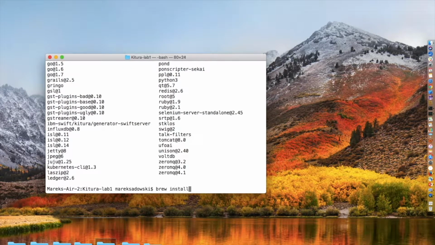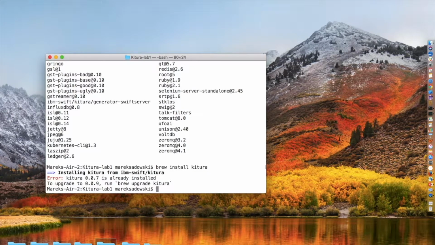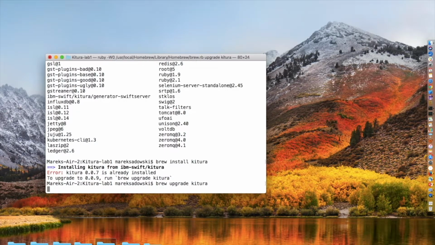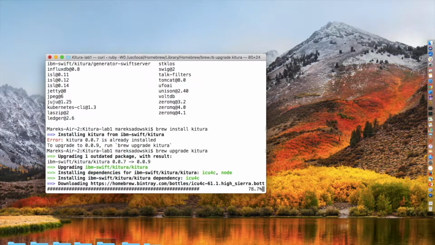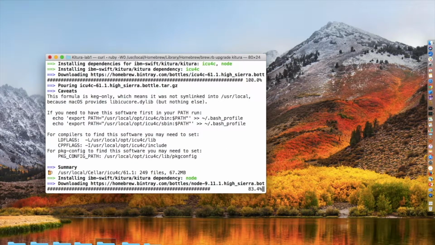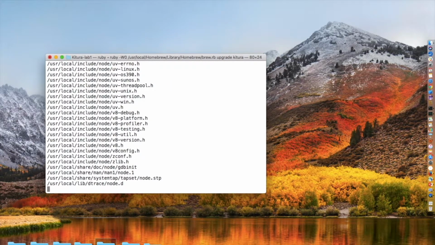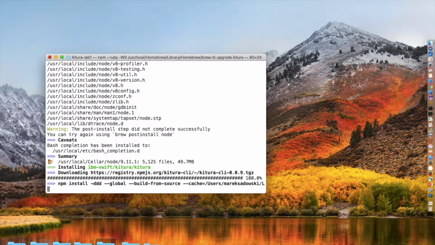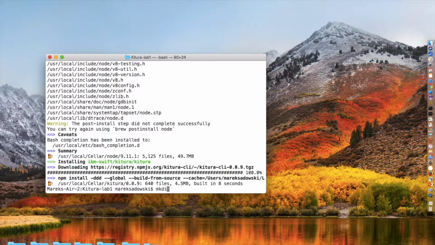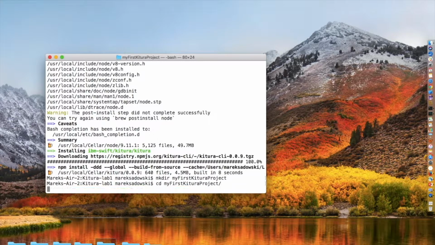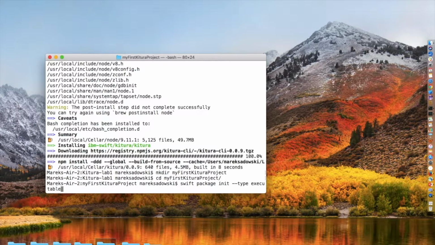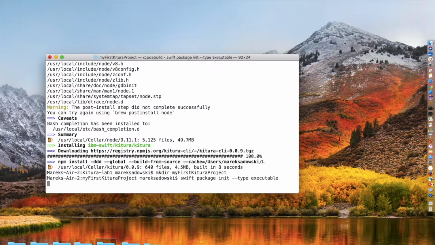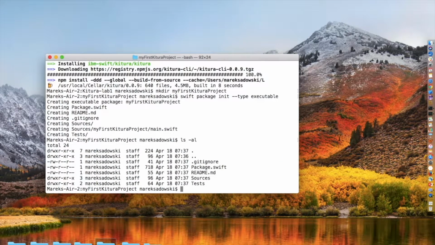When the resources are ready, now we can brew install Kitura, or brew upgrade Kitura if you have done it before. When it's done, we can create our first project. We need to run swift package init --type executable in this project. So now we have the basic